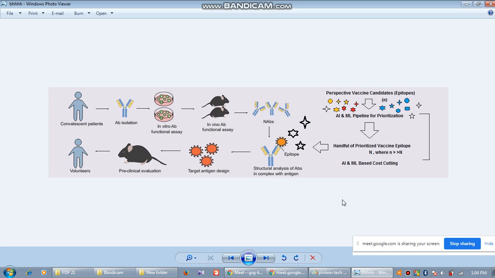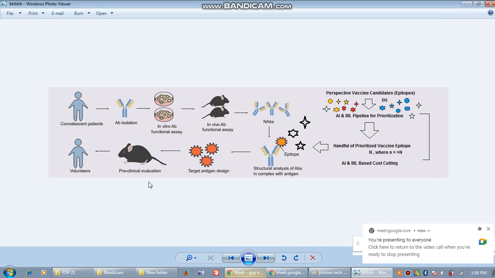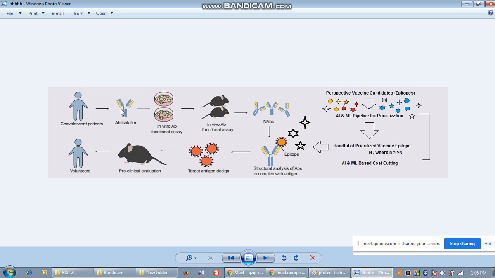Here you see what is happening. Now this is a patient. Is it visible to all? Visible? Yes, sir. Now this is a case where it is a patient. Okay, now which kind of patient is this? This is a recovered patient. That means he has sufficient what? Immunity. So this is his antibody. Okay, so we isolated it. Then we will study whether it is good or bad. Then we will do some in vitro functional studies, functional assays. After this assay we found a particular class of antibody which is very good against COVID-19.